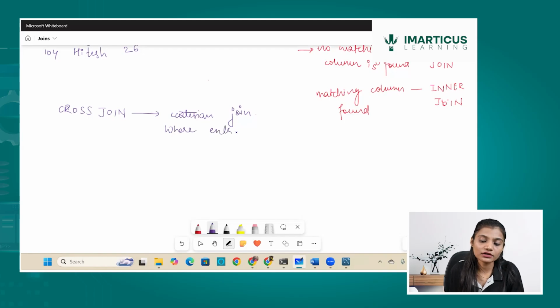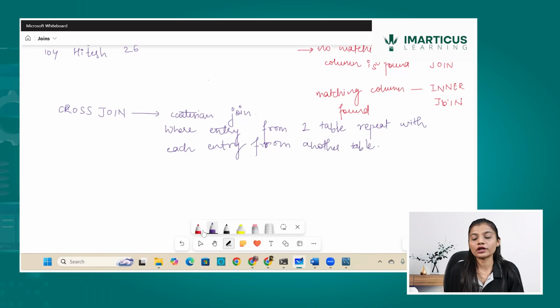So each entry from one table repeats with each entry from another table. So it gives a Cartesian product over here.